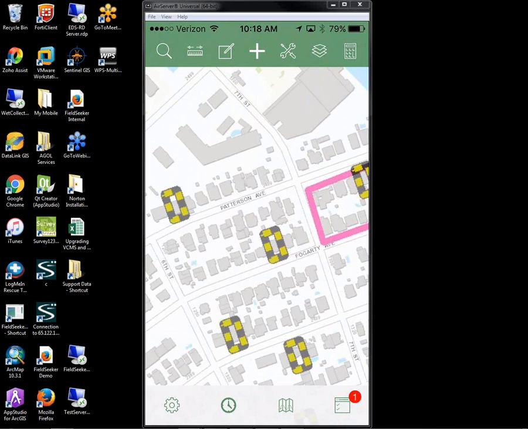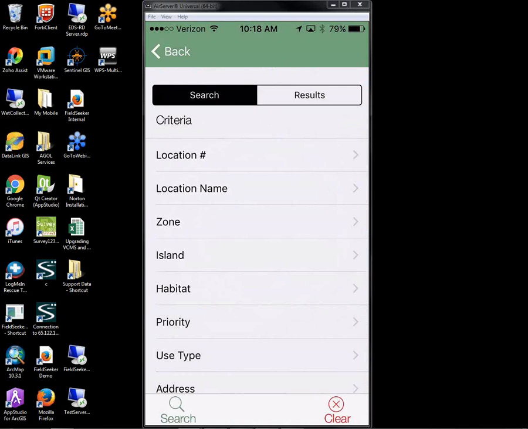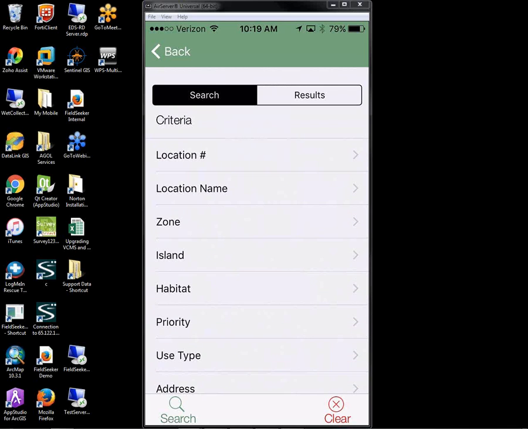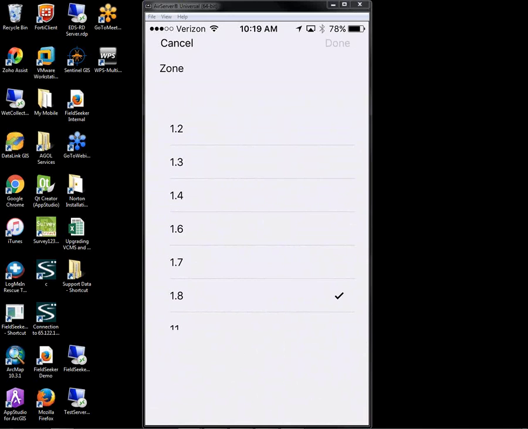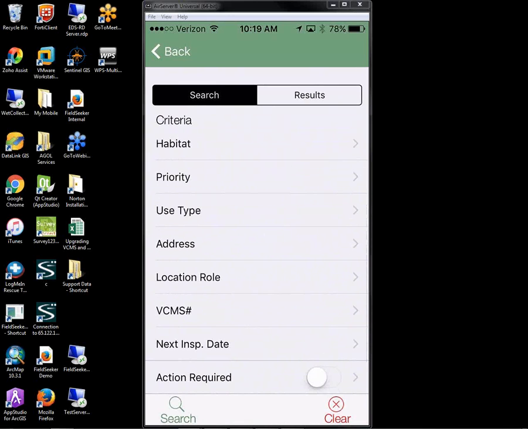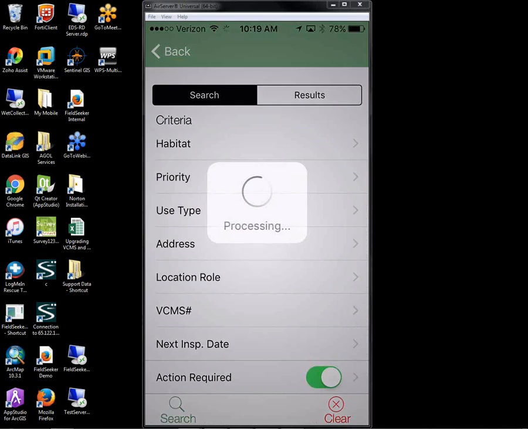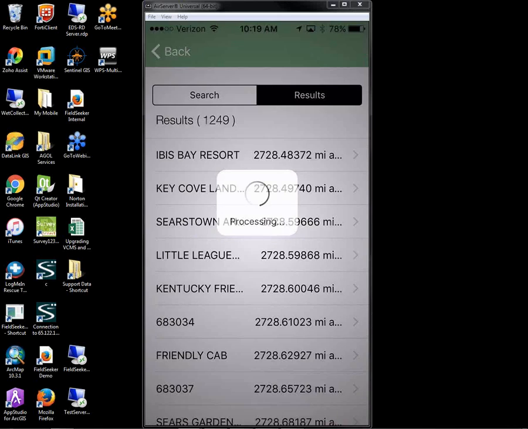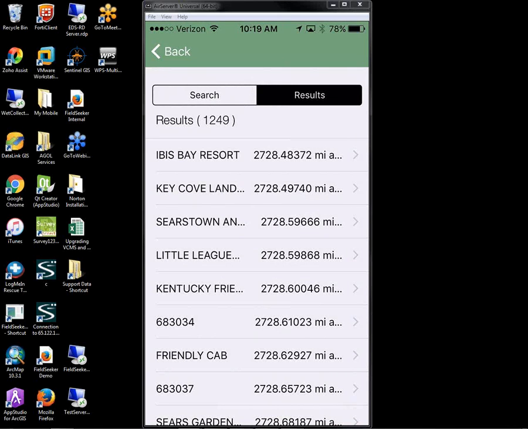Okay. I'd like to look at some of the search tools too. One of the ways that the search tool can be used is to present the field tech with a work list. So if I wanted to pick everything in a particular zone that needed some action, then I could press search and it'll bring up a list of everything from nearest to farthest away where some action is required. And so there is a notion of required action or of scheduling all of my sites in a zone as I visit them, whether